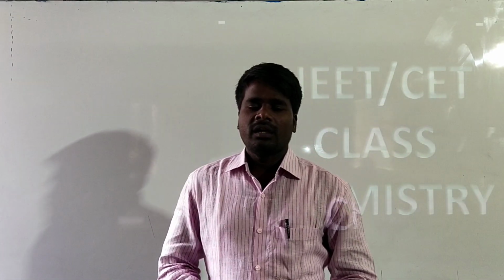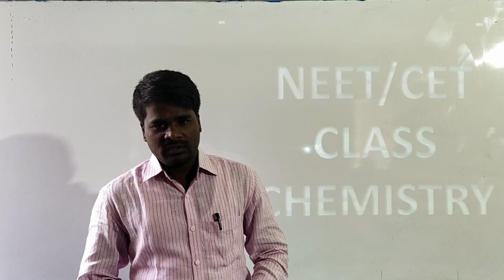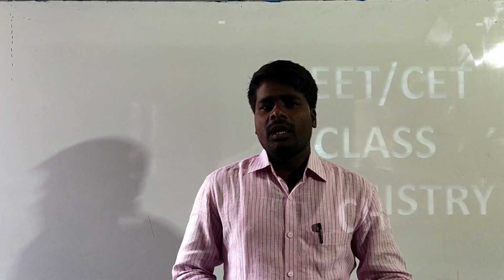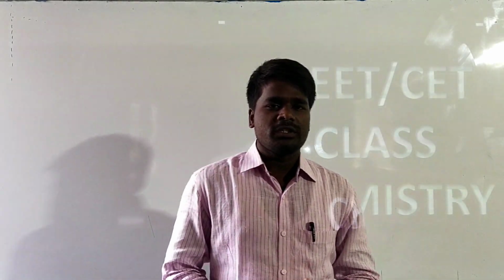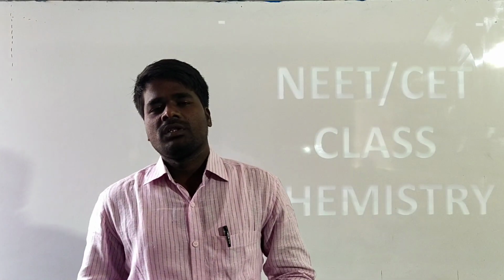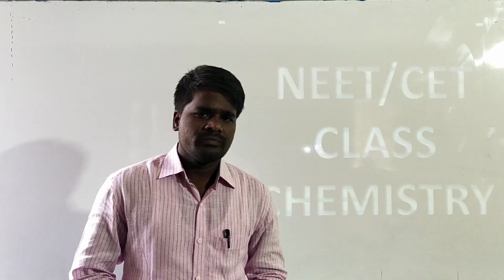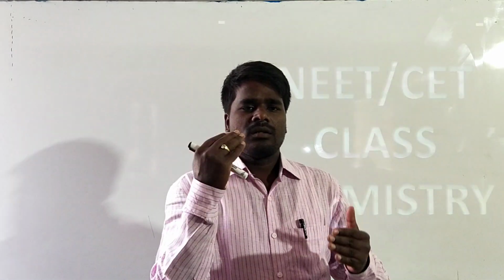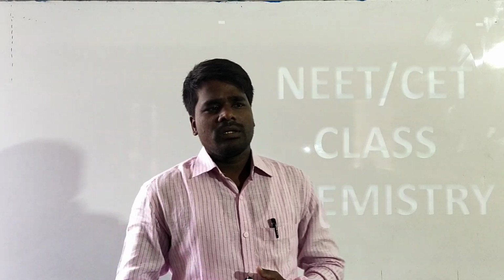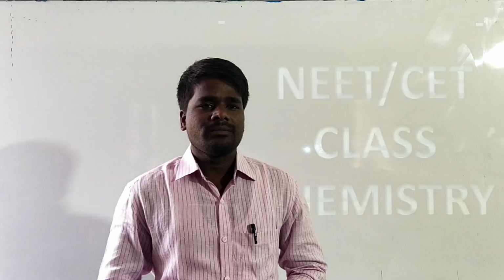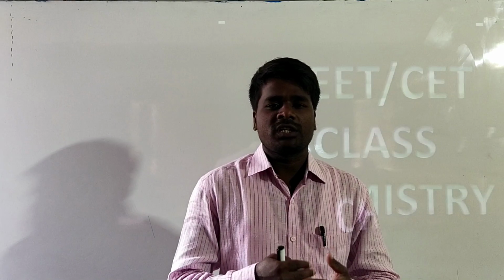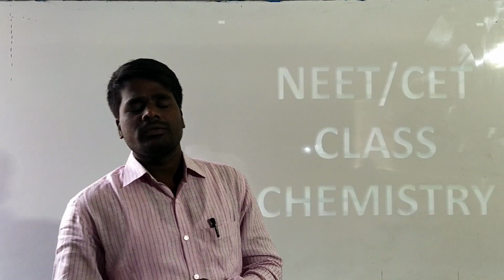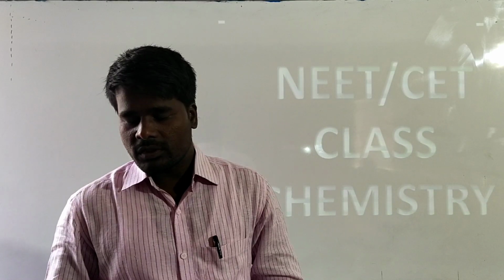In the last class, we completed the periodic properties such as ionization energy, electron gain enthalpy, electronegativity, valencies, oxidation state, electropositive nature, and oxidation number, and how they vary along the period as well as from top to bottom in a group. With that, we have completed the synopsis part. In this class, we are going to start objective questions. Various types of objective questions, conceptual, level 1, level 2, level 3 and previous year's questions also we are going to cover.